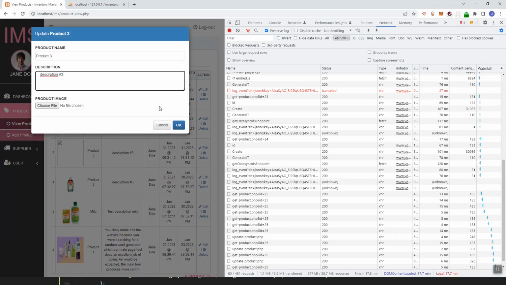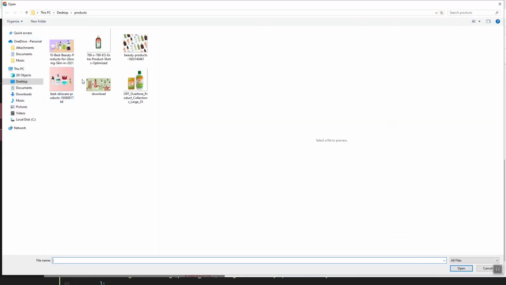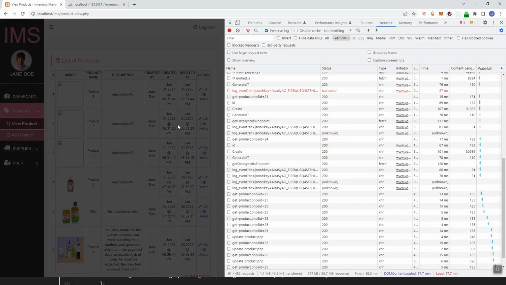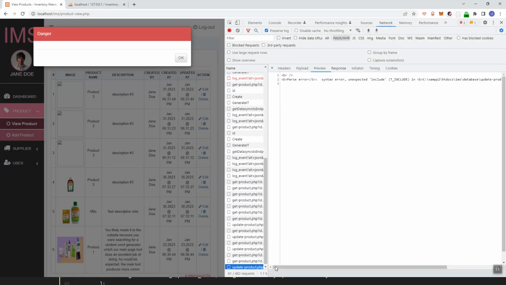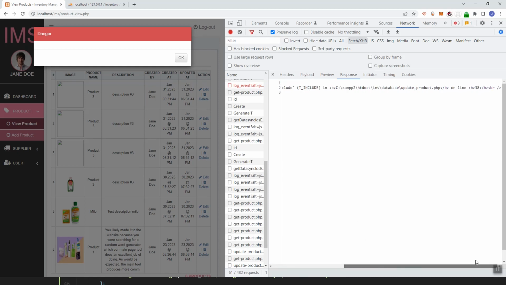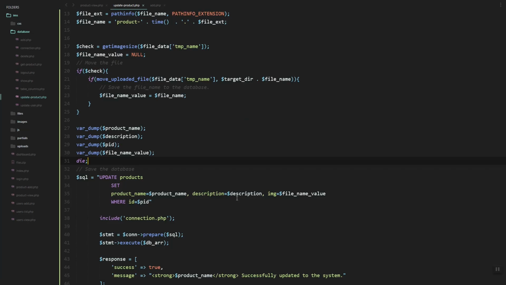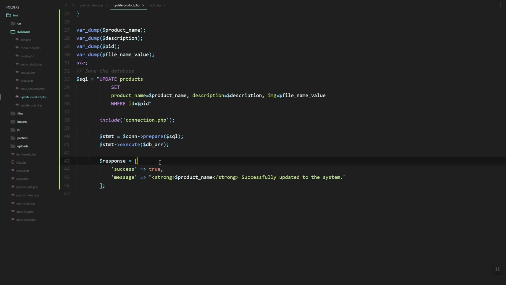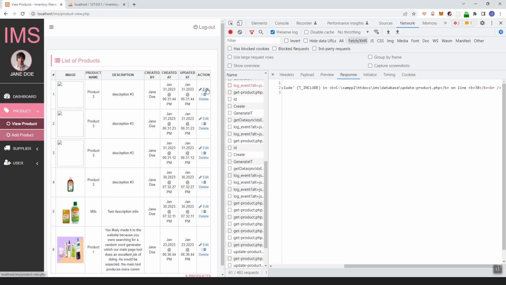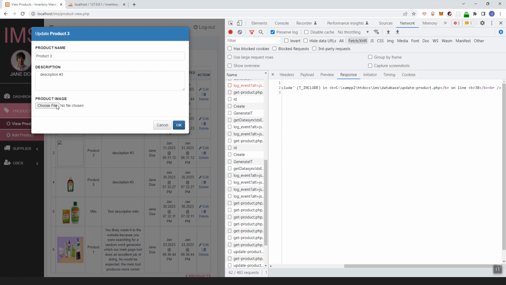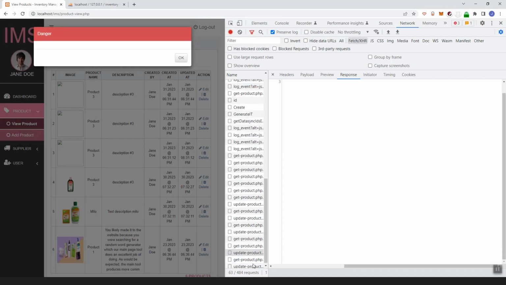To edit, and then let's add image. Then let's check on our console here, unexpected include on line 38. So here we have to add a semicolon, edit, first see